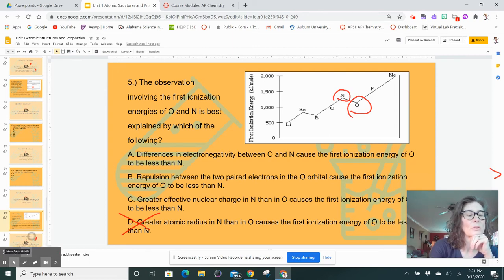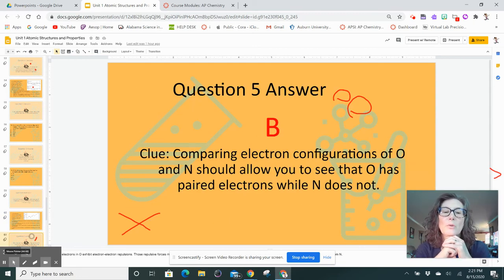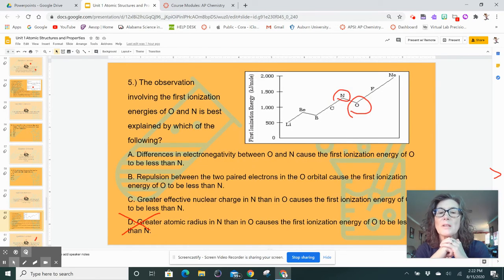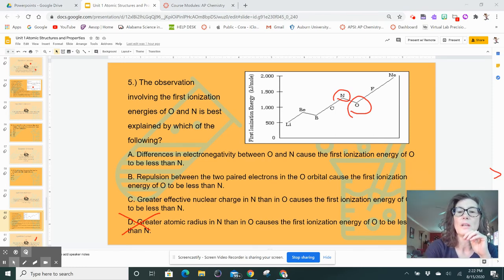So let's take a look at our correct answer. The correct answer is B. Comparing electron configurations of oxygen and nitrogen will allow you to see that oxygen has paired electrons and nitrogen does not. So let's go back to that question. If you look, the electron configuration for nitrogen is,